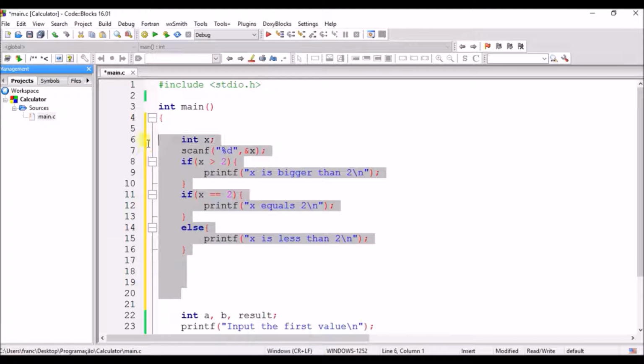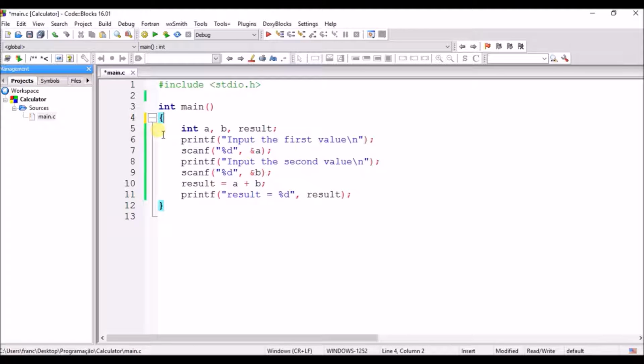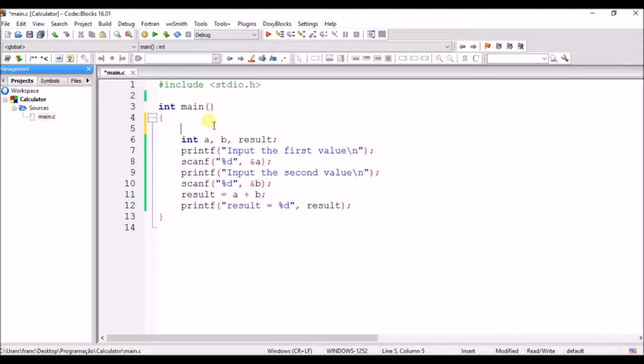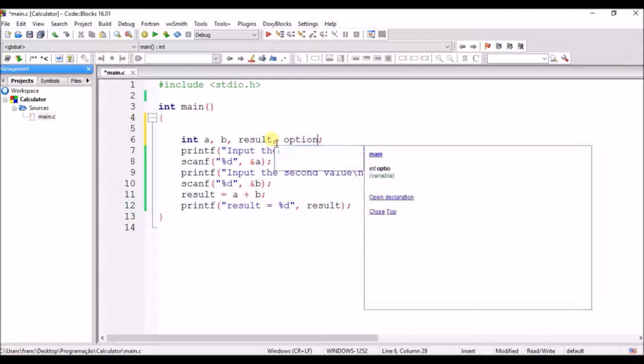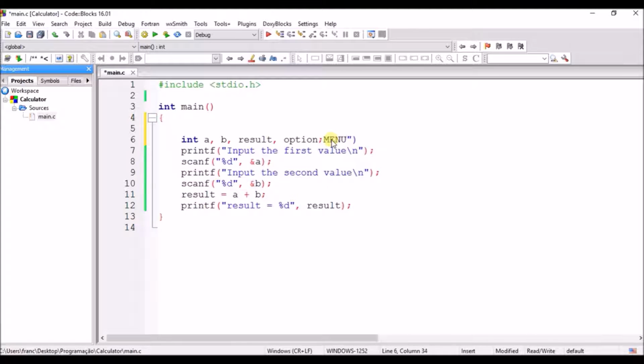Okay, so now let's erase this and apply what we just learned to our calculator. What will be nice here is to have a menu that lets the user choose what operation he wants to do. If he wants to multiply, divide the numbers, add or subtract. So let's create another variable called option, and let's make a menu. We do a printf, write menu,